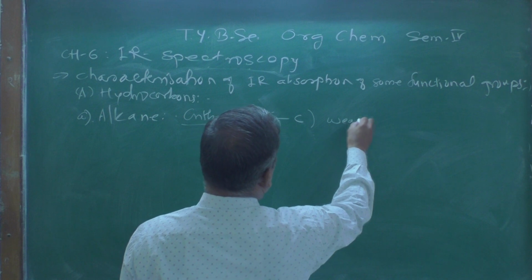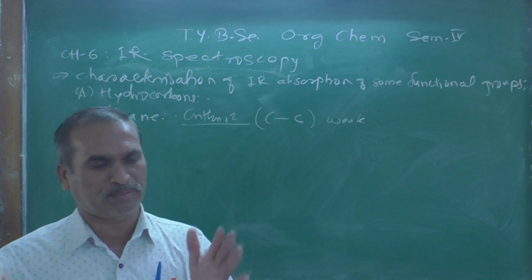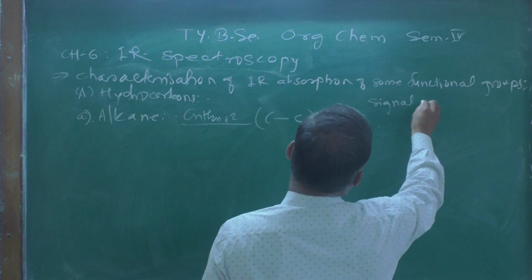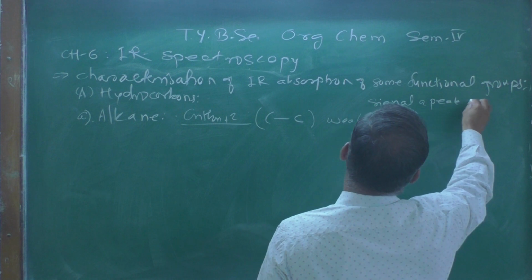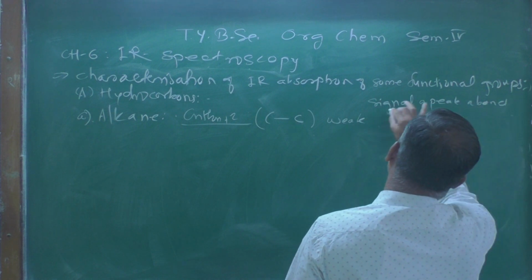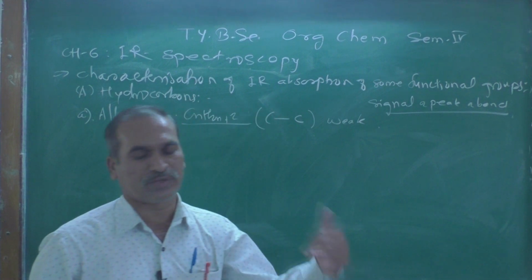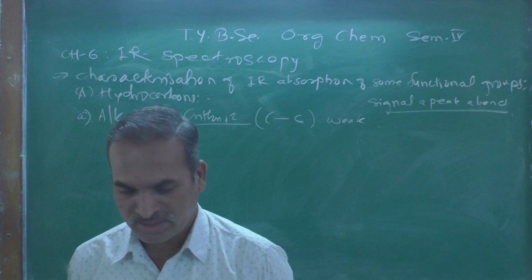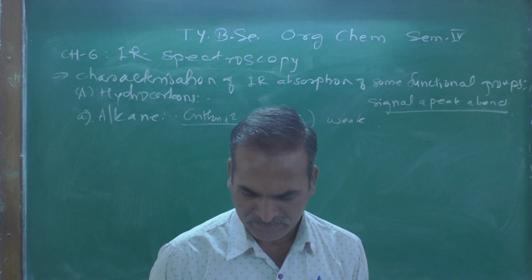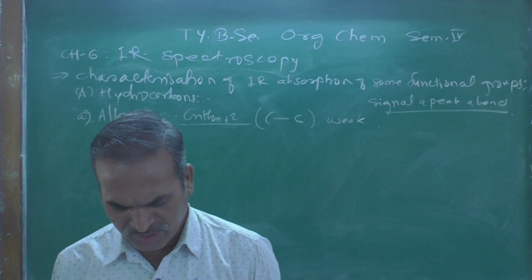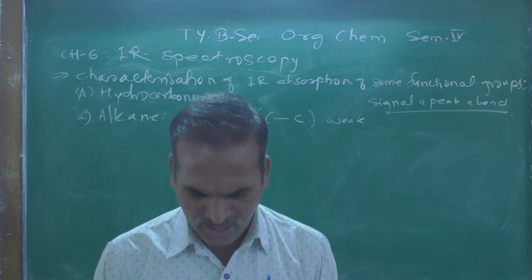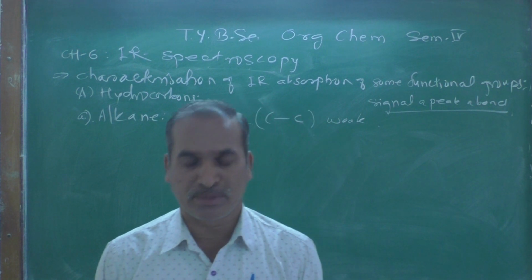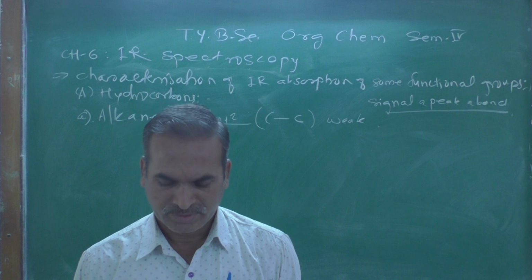That signal, or peak, or band, these are three synonym words you can use while discussing IR spectroscopy. The single bond absorption is very weak and generally appears in the region 1200 to 800 per centimeter,